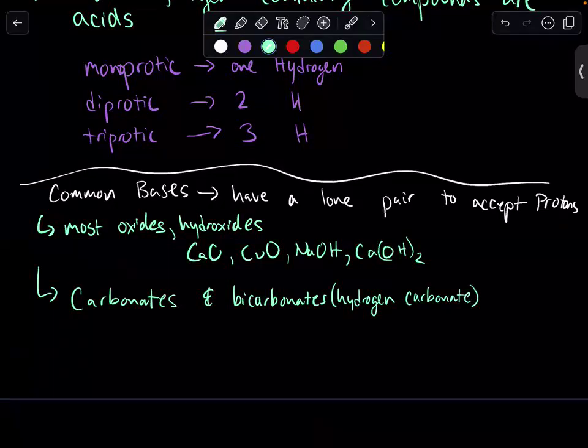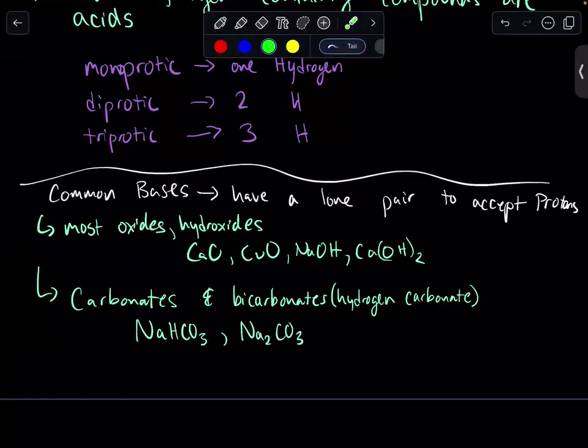Some good examples of this might be sodium bicarbonate, NaHCO3, which is baking soda, or possibly just sodium carbonate on its own. And you'll notice we call this carbonate and this hydrogen carbonate because it has hydrogen in front, another name for it being bicarbonate. The last group of basic compounds we'll cover are ammonia